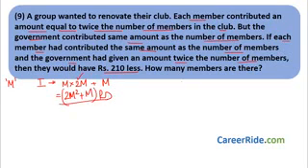Now second case, what do they say? In the second case, each member contributed the same amount as the number of members. So the number of members is m and each of them contributed m rupees. And the government contributed twice the number of members, so that is 2m. How much would we get? We would get m square plus 2m rupees. And what they say is that in the second case, they would have 210 rupees less.